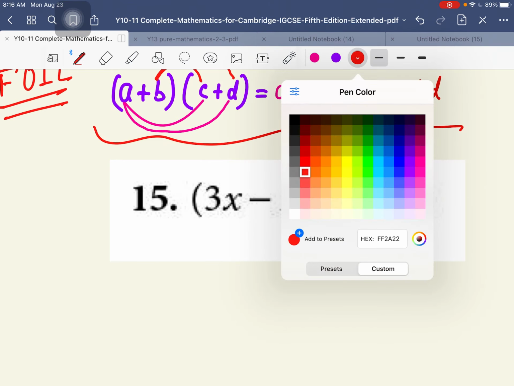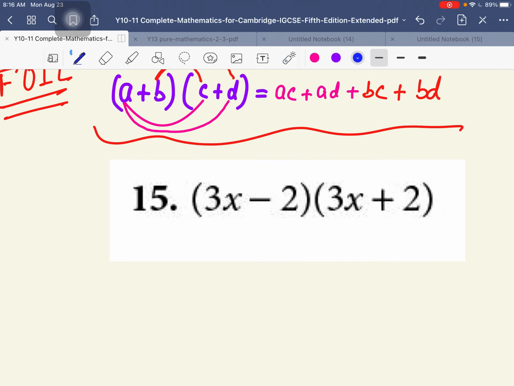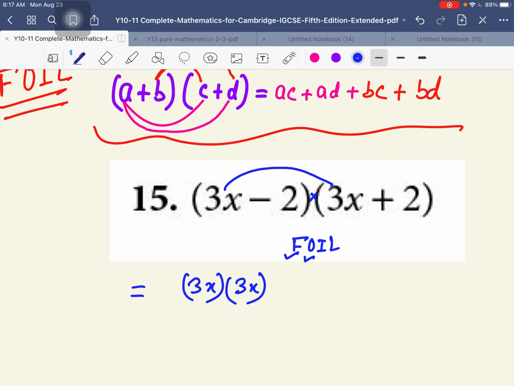It's a question from the IGCSE textbook by David Rayner. As you can see, these two brackets are multiplied, so we should go with the FOIL method. The FOIL method is first term with the first term. It is 3x times 3x. First term with the first term, F is done. O stands for outer, that means 3x is going to multiply with 2. These are the outer terms of the two brackets. So I'm going to write a positive symbol here, then 3x times 2,